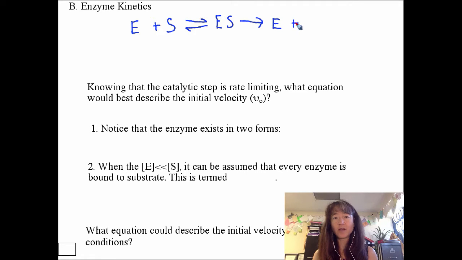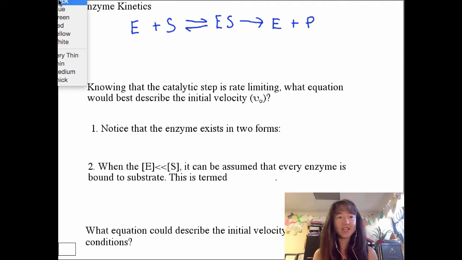And we will look at that as a non-reversible reaction, recognizing it at initial velocity, but also recognizing that this is the rate limiting step. So we're going to look at a rate constant for each one of these reactions. The rate constant here, K2, describing the rate limiting step. And then the rate constant K1, of course, describing the forward reaction, and K minus 1, of course, describing the